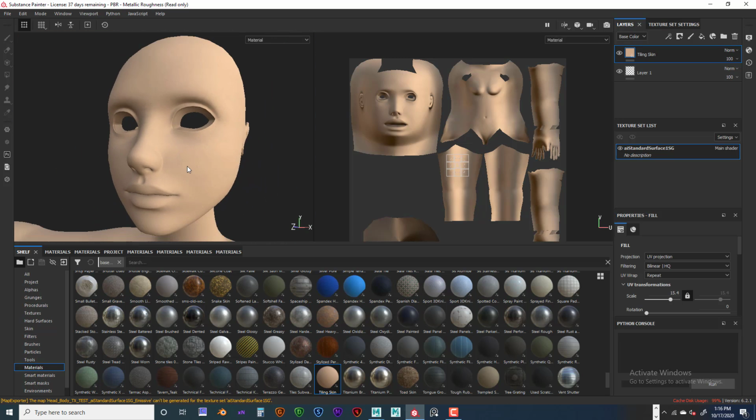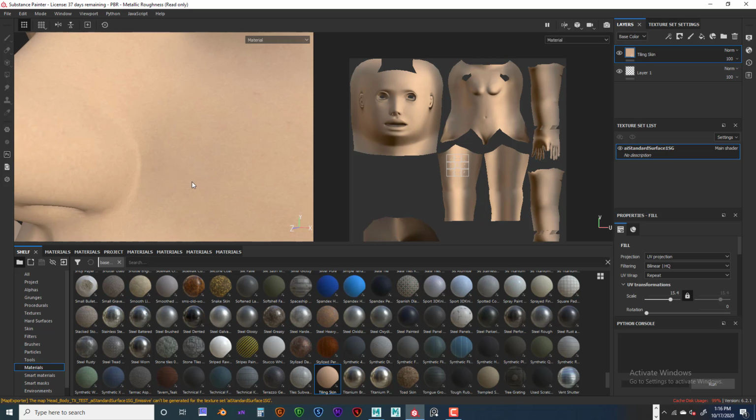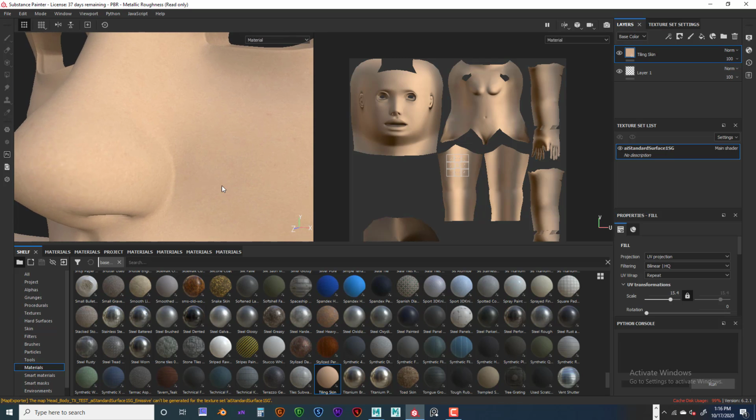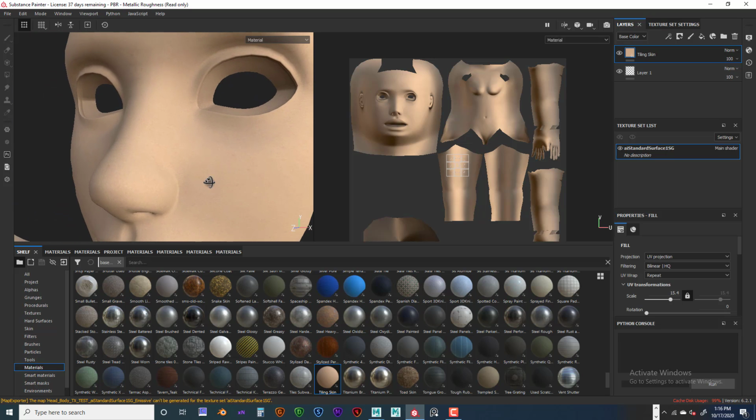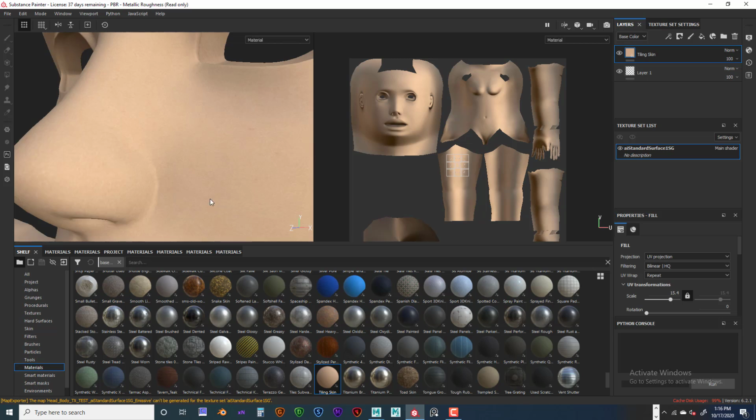I don't know if it's worth going out and buying it, but okay. So that's another route you have. You can find your own textures and pull them in, you know, your own Substance Painter materials. They have to be Substance materials to be able to pull in here. Now, if you have textures, you can use